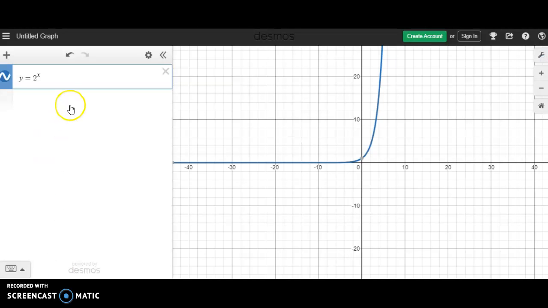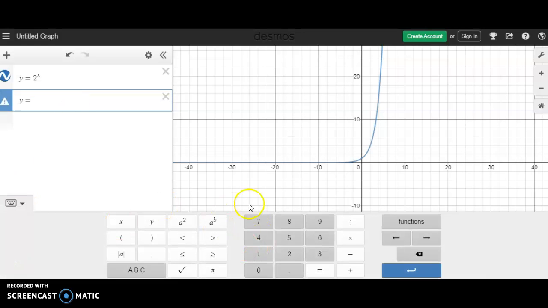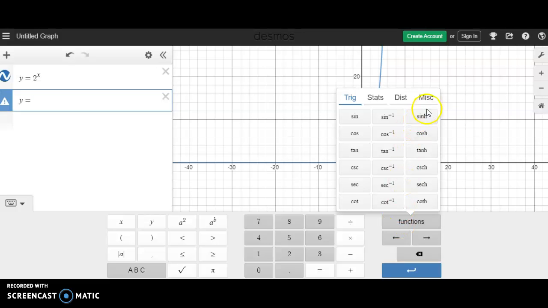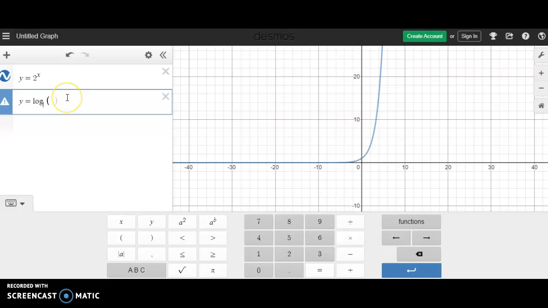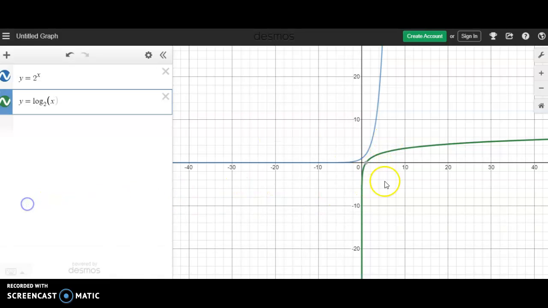Looking at a calculator, we know what an exponential looks like now. Well, what if I type in a logarithm, which I have to select from one of my functions here. I do log base 2 of x now. Now you can see that you have the exact opposite. That's because these are inverse functions. So now your curve has been flattened. It's not growing quite as much. It grows really quickly at the beginning and then it slows down.